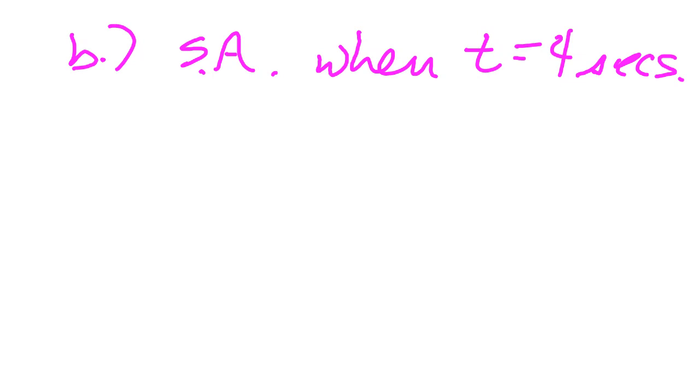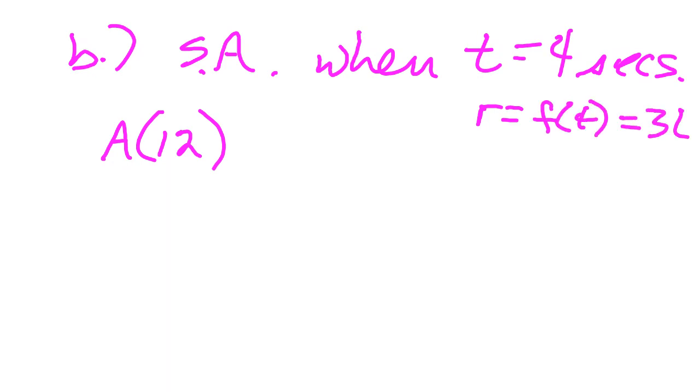But instead of doing it piece by piece, we already have our equation that this is A of 3t is going to be A of 12, right? So if we found, like, say, hey, what is the radius? Radius is going to be f of t, which is 3t, but t is 4. So the radius is going to be 12. So A of r is A of 12. So that's fine. This is finding the radius first,